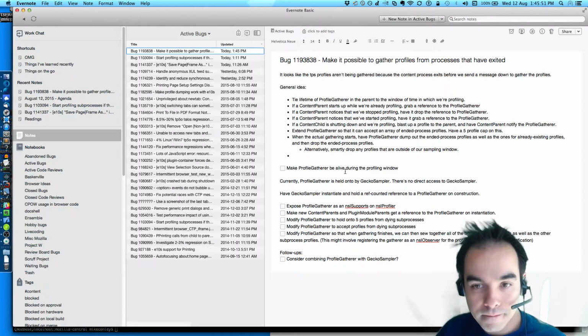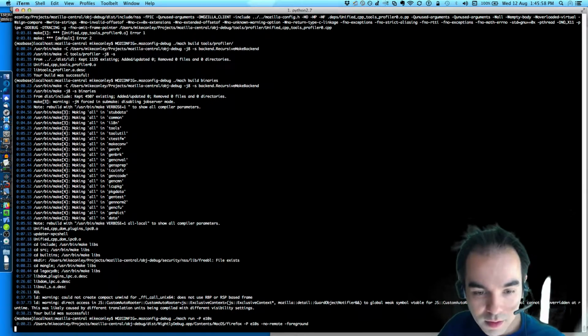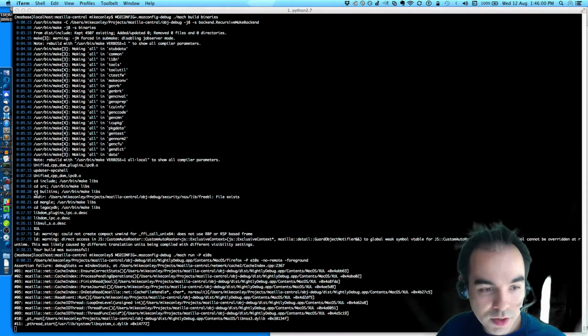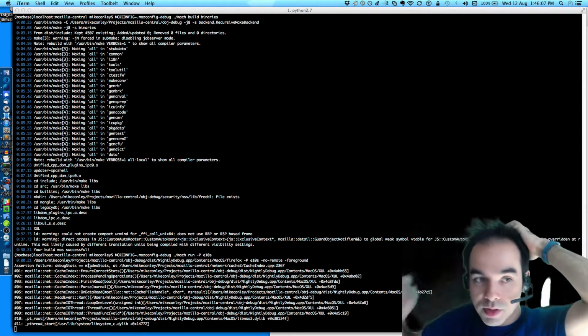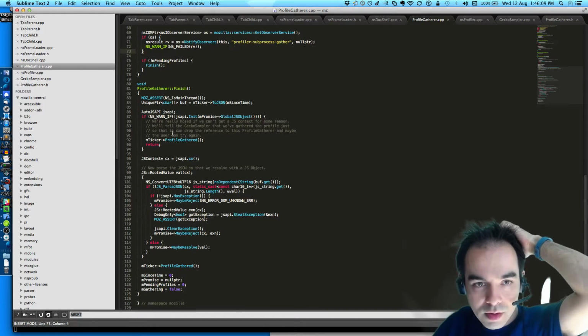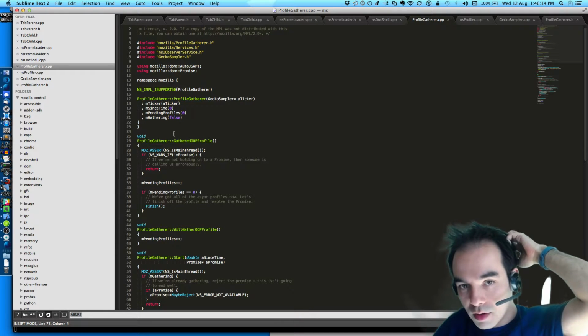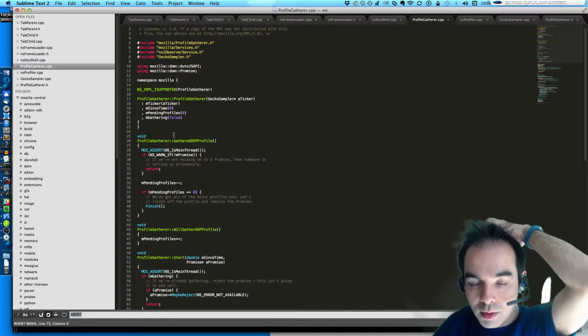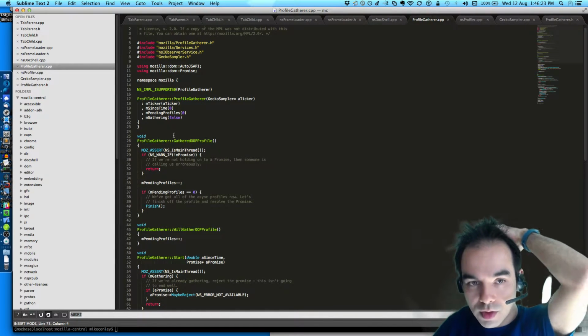Now what? Be alive. So has this thing finished? It has. Let's test it. So the test will be, I'll attach Xcode, I'll use LLDB, and I'll make sure that the profile gatherer destructor, is there a destructor? There is no destructor. There's an implicit destructor. I should probably have put in some kind of destructor so that I could make sure it's being destroyed.